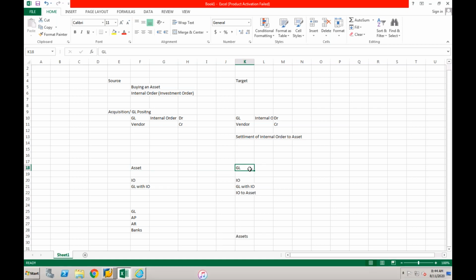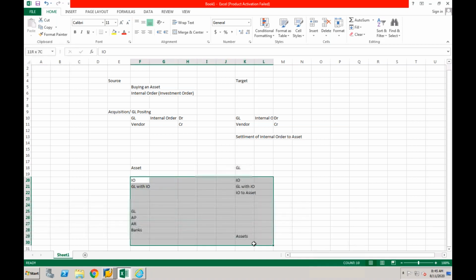The only thing I do not understand is that in the target system we are saying that we will have an AUC. That means you're mapping this asset account in the source, which is a balance sheet asset account. But if you are going to use it in the target, if you are going to use